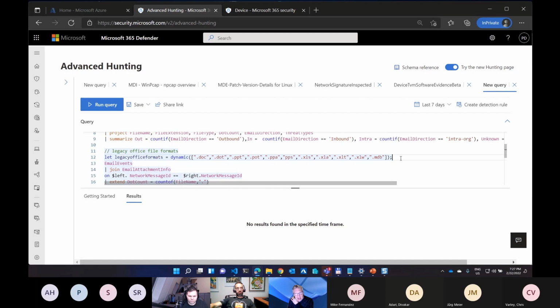Actually, once I go in email and I've identified the people that sent those documents internally, I want to go to the next level and understand, well, receiving those attachments is one thing, but who's actually still producing them? So the journey goes further by also looking at device related events, like device process events and device file events, to identify whether those types of documents are still being internally produced by Word, Excel, and with the idea to then provide enough data and evidence to allow decision makers to make the call on whether